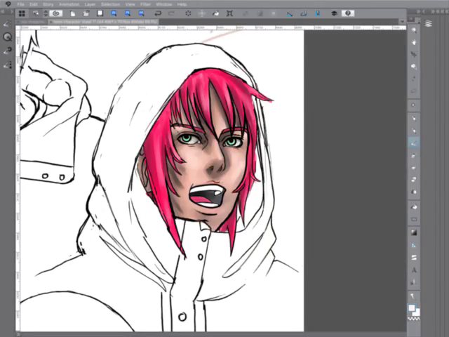Here's the trouble. What color will go well with bright pink red hair and green eyes?